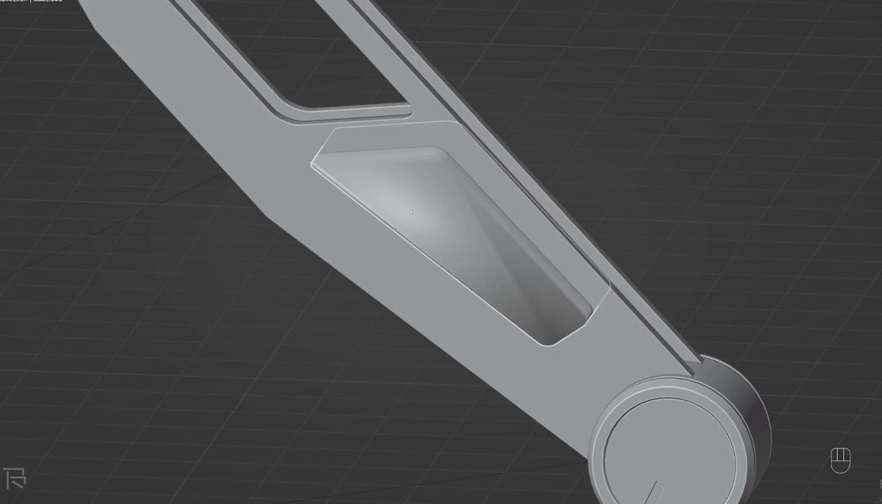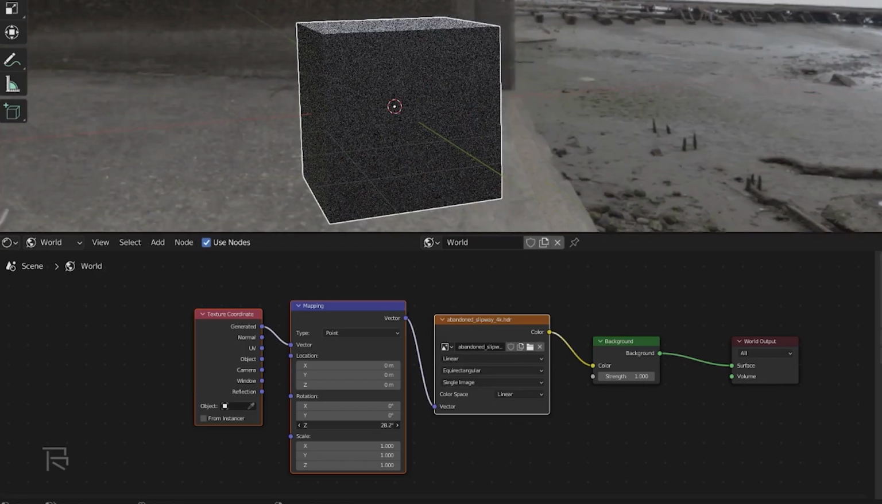So you're going to learn the whole basic structure of hard surface modeling, and you should be good to go